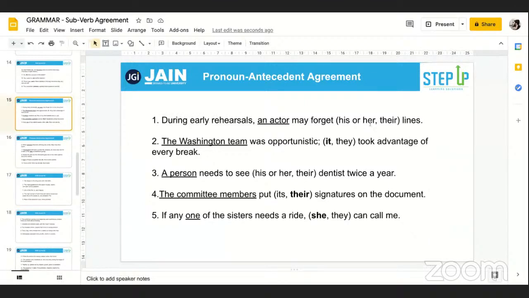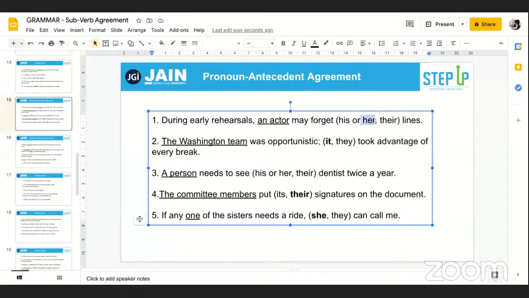During early rehearsals, an actor may forget